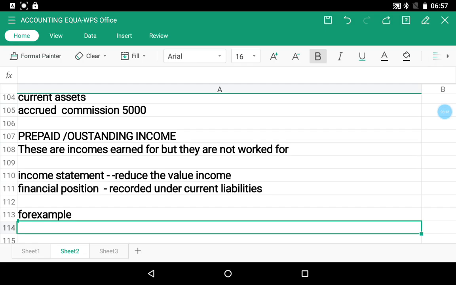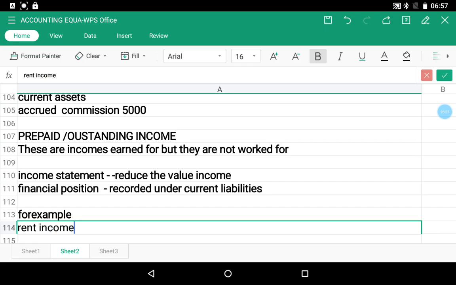When you check here, we have an example where they have said: rent income received during the year ended 31st December 2022,